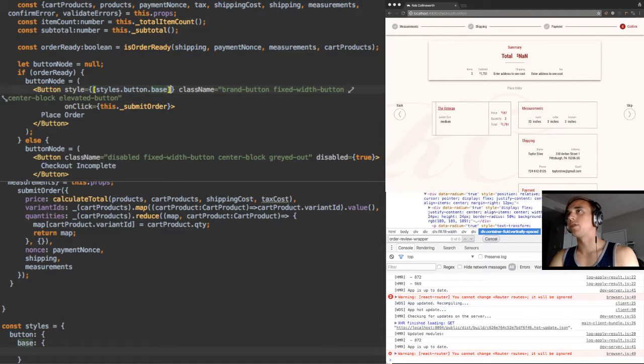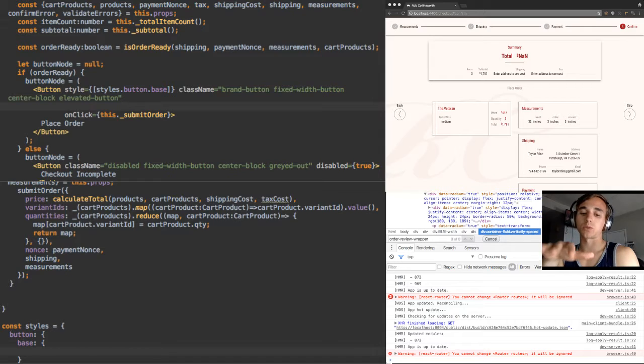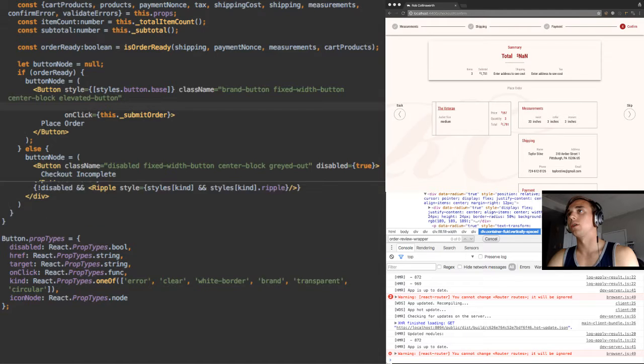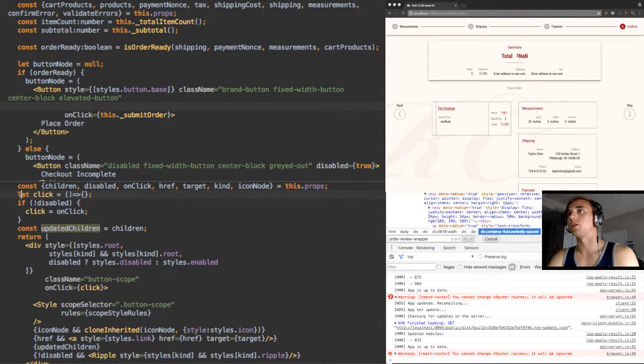So right now we have this brand button, fixed width, center block, elevated. That's a lot of classes to have in there. So I think some of these classes I've abstracted into the actual button class. So if we jump over to button, I think I have a kind, yeah, see kind of brand, right? So the styles for the brand button, if we go over to styles now,